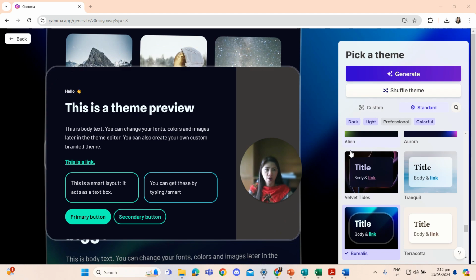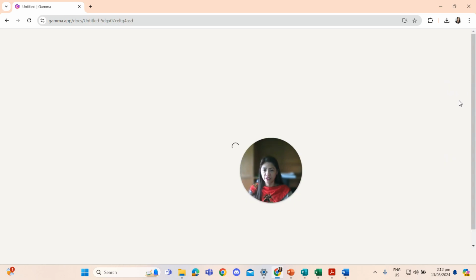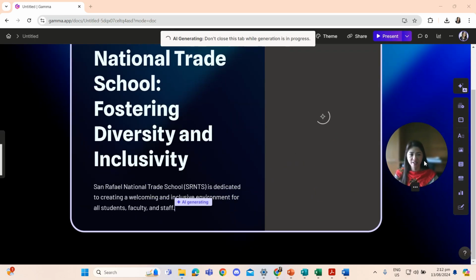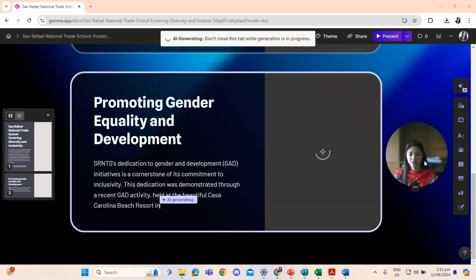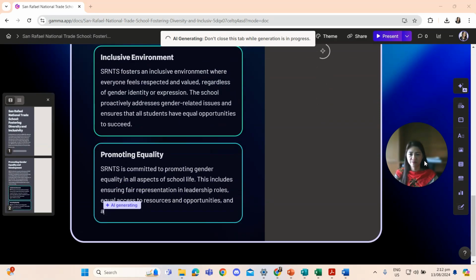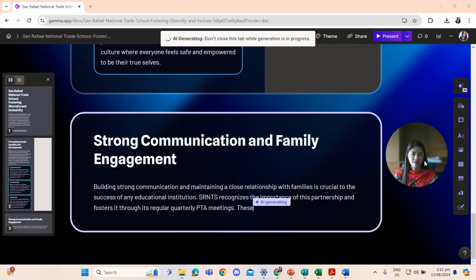Okay, so now we're going to click generate, for us to generate the PowerPoint presentation from my document. So we have here generate. Then just wait. Oh, it is generating.